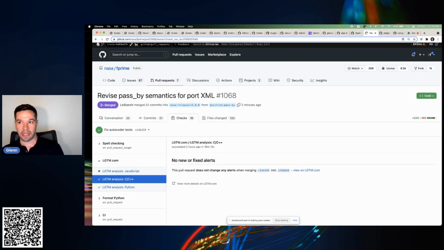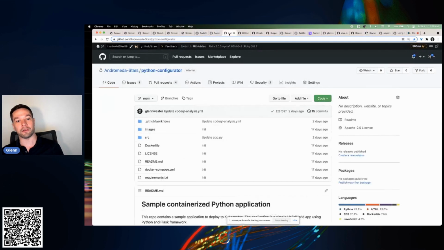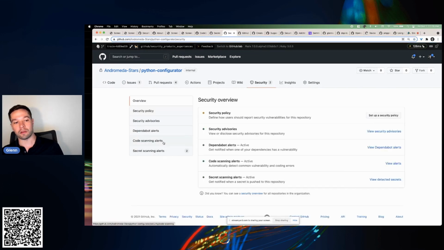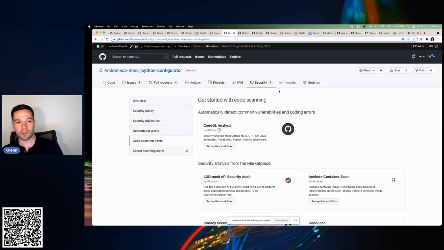Okay, so let's actually implement this and show you how you can do this within your own code base and how you can configure this. I just have a repository here. Now, this also requires GitHub Advanced Security. So again, you can initiate a trial, but you can also try this today if you have a public repository. In your security tab, you'll be able to access the CodeQL scan. Again, CodeQL is free for open source, so if you want to try this today, you absolutely can. Within the security tab in my repository, I'm going to click security, code scanning alerts,